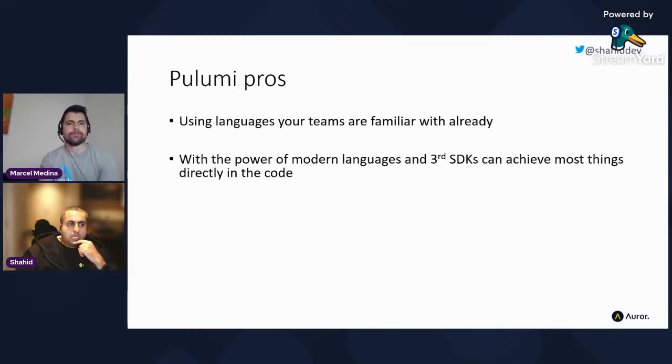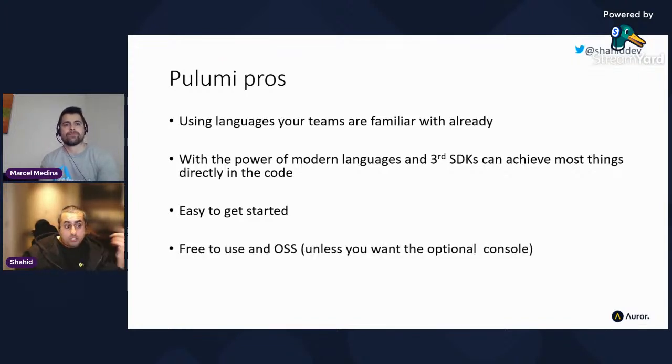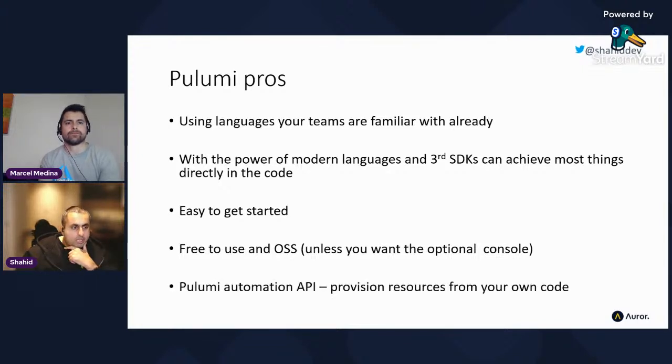As I said, you use the power of modern programming languages. I think it's actually really easy to get started as well. You can get from zero to thing in about 5 minutes. And as I said, it's free to use and it's open source. It's just that console I showed you that adds all the nice features. It does do things like secrets management for you as well, which we can touch on when we dive into a demo. And then yeah, this Pulumi automation API is quite exciting, but I would urge caution. Please don't reinvent the wheel completely. I think it has a lot of power, but comes with responsibilities.